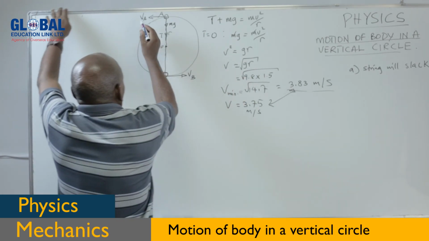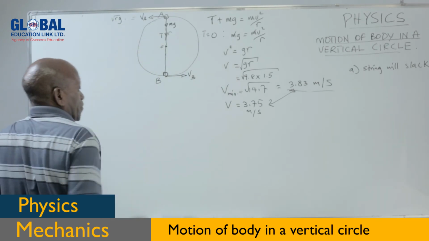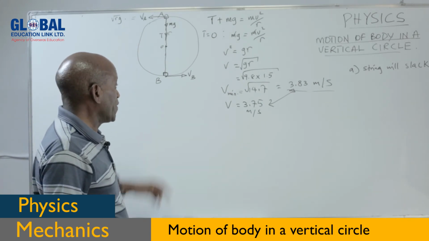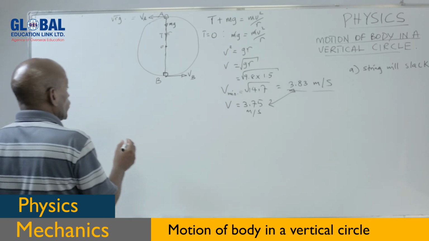Remember, the velocity at this particular point is just equal to the square root of r times g. So to determine this particular minimum velocity, we could just look